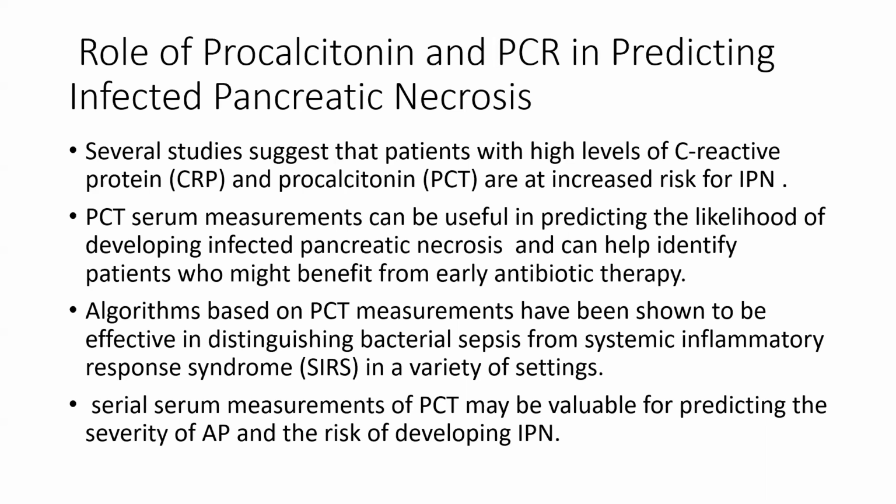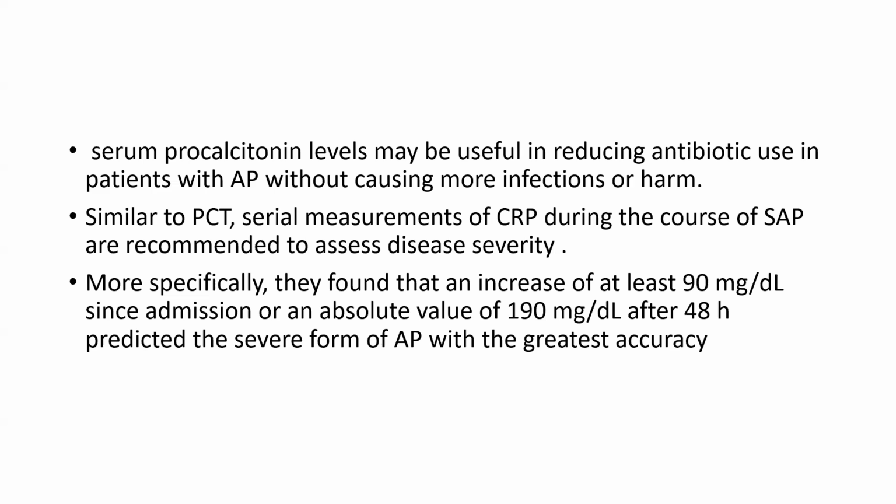Algorithms based on the PCT measurement have been shown to be effective in distinguishing bacterial sepsis from SIRS in a variety of settings. Serial serum measurement of PCT may be valuable for predicting severity of acute pancreatitis and the risk of developing infective pancreatic necrosis. Serum PCT level may be helpful in reducing antibiotic use in patients with acute pancreatitis without causing more infection